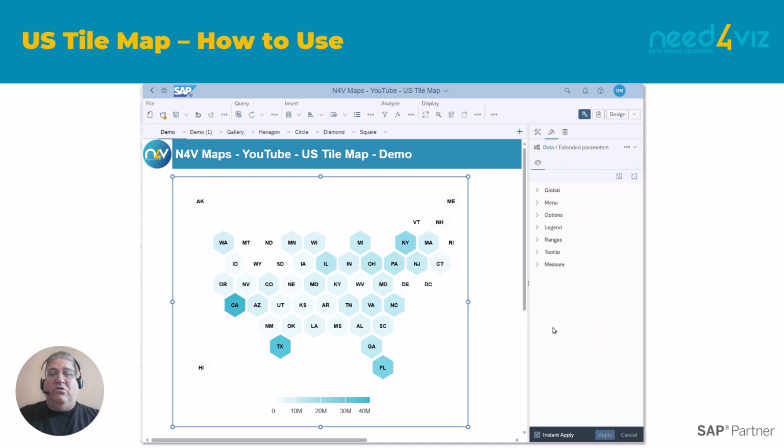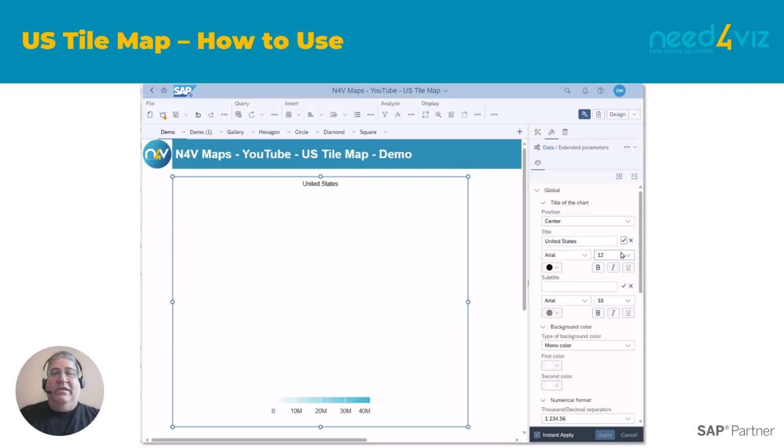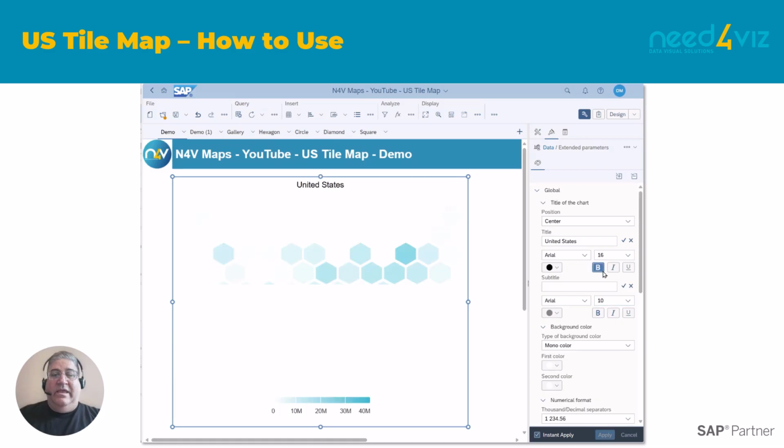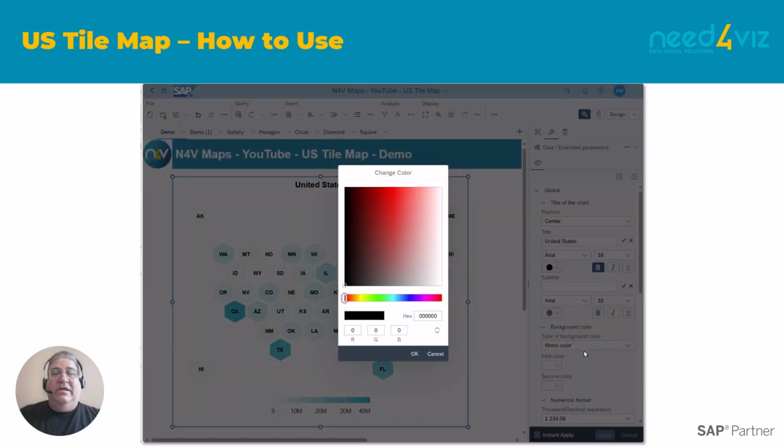and I'll begin with the global parameters. I'm going to set a title for my map. And I'm going to make it 16 points and bold. And I'm going to adjust the color.